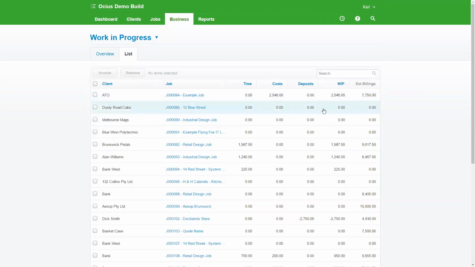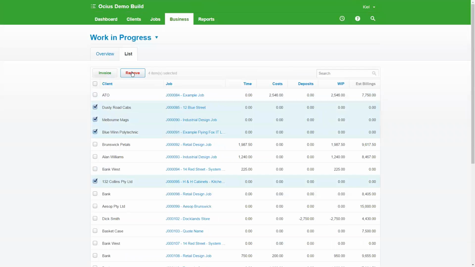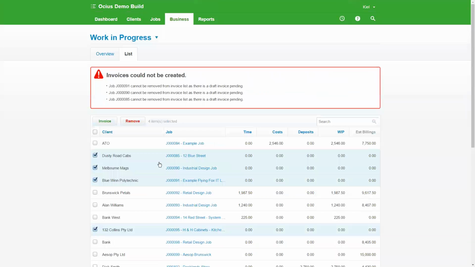Now, you'll see things like work in progress and estimated billings. So this is information or amounts that are still waiting to be paid. This is still jobs that are in progress and not yet paid. If you've got your estimated billings as 0, that would assume that a job's been completed. So what you can do to tidy this up is remove these particular jobs from this view. And that then means that you're only going to be seeing jobs